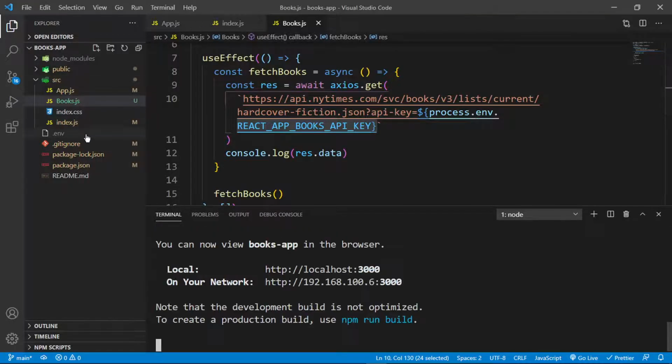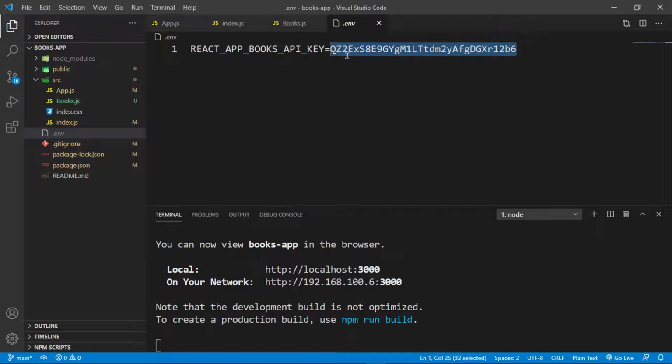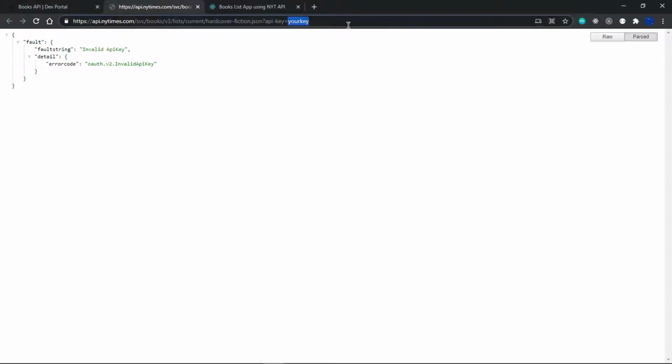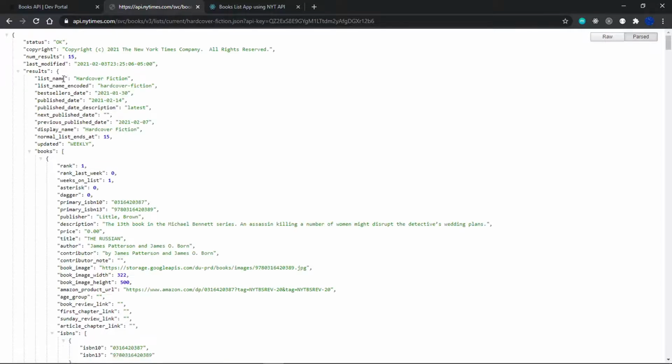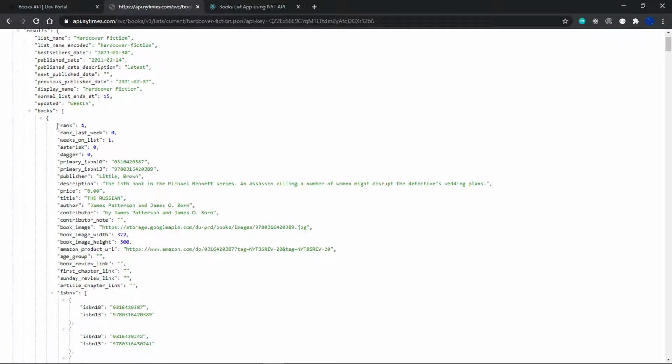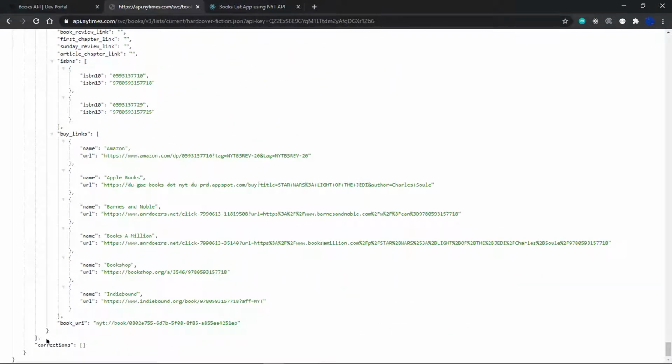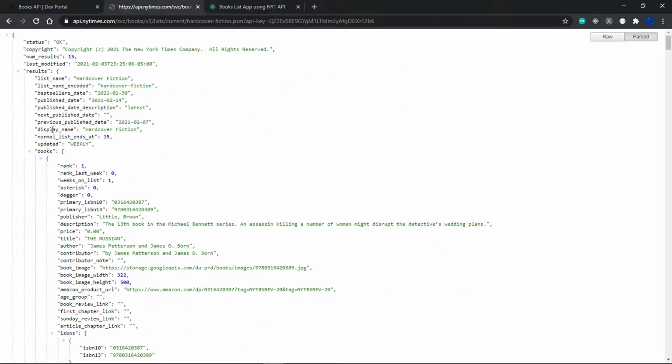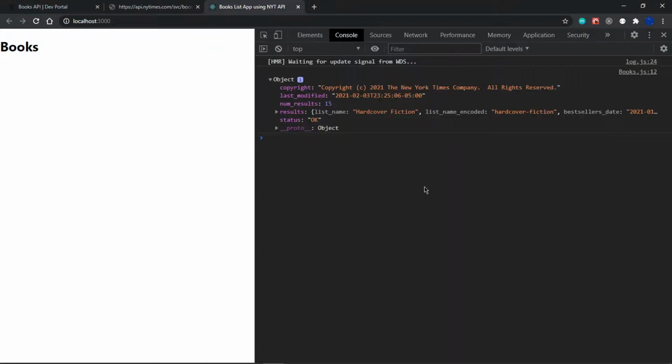So let me substitute my API key. Let me grab this and then substitute it in my address bar right there, where we should now be able to fetch some data. So notice that this is an object. It's a JSON object, right? And the data that we are really interested in is the books data, which is an array, which is everything inside here all the way down to the end, because this is the closing array. Now, in order to access this array, because we have res.data, which is basically this that we're fetching,